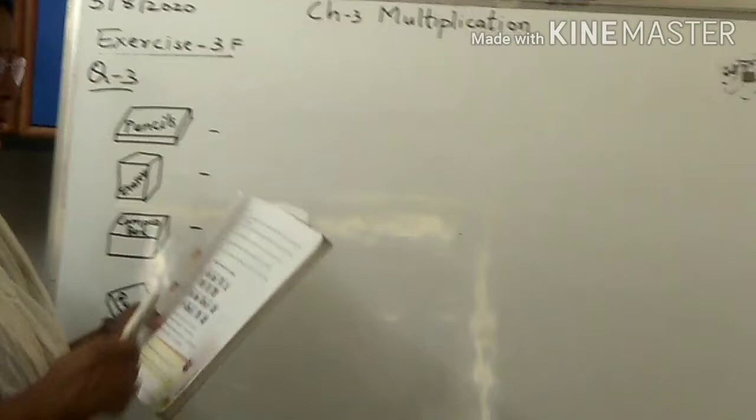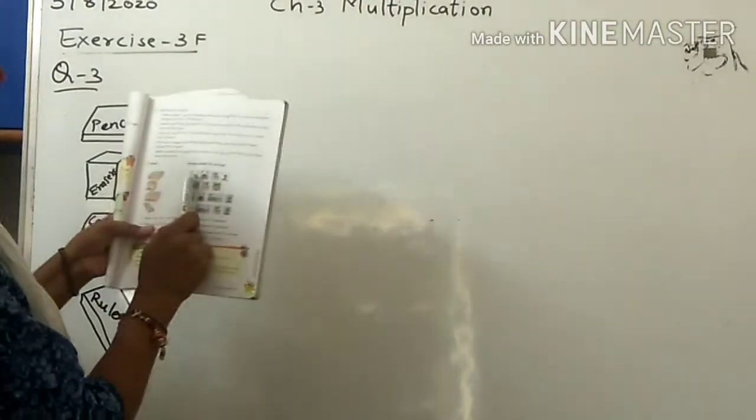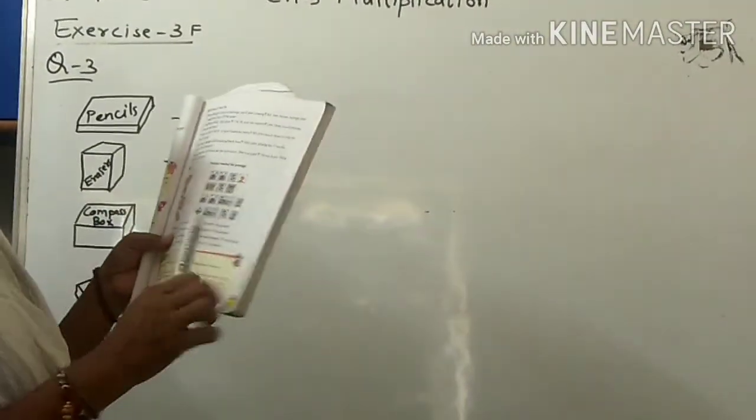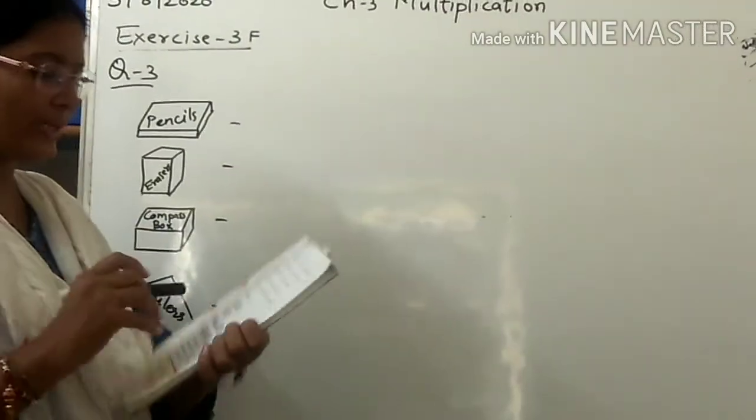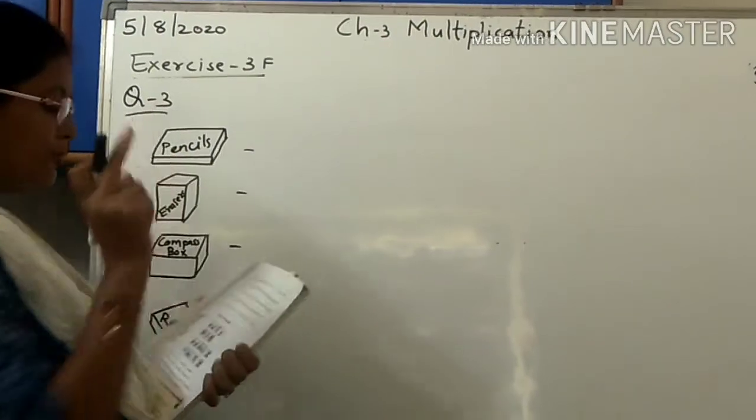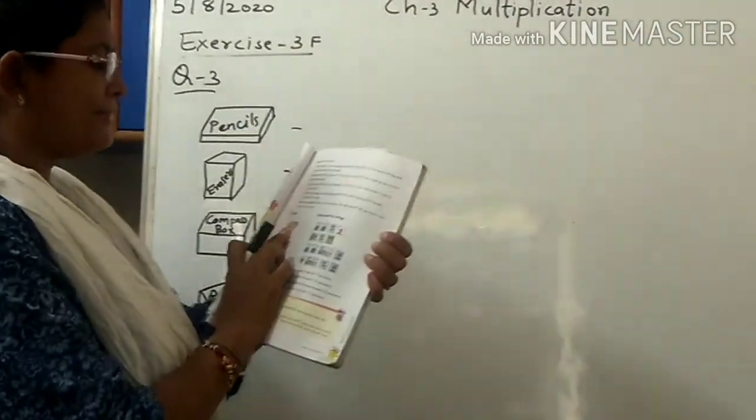So question 3, in that some pictures are given, like parcels are given, 4 different types of parcels are given, and then stamps are stuck over there. Pictures of stamps are given. Okay, I have not drawn the stamps over here, but I will write the price of that stamp. Now let us find out first that pencils.